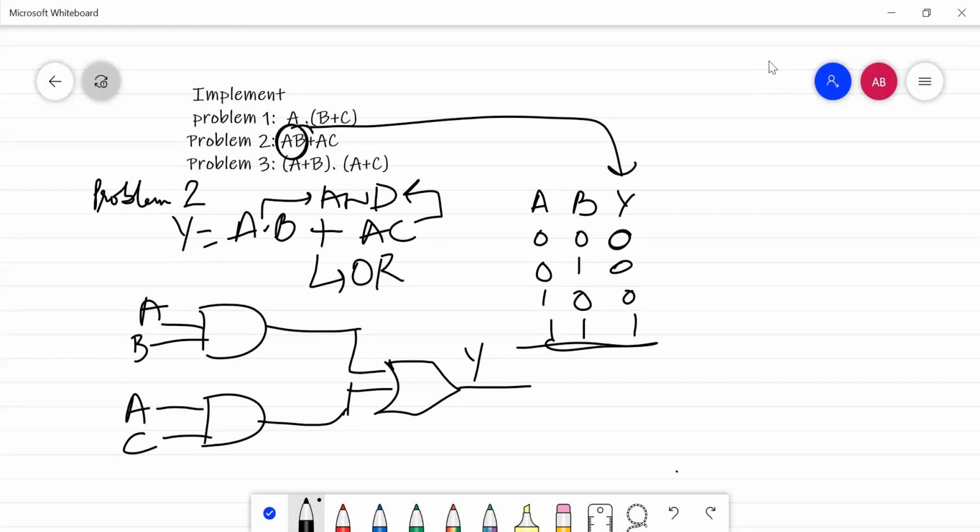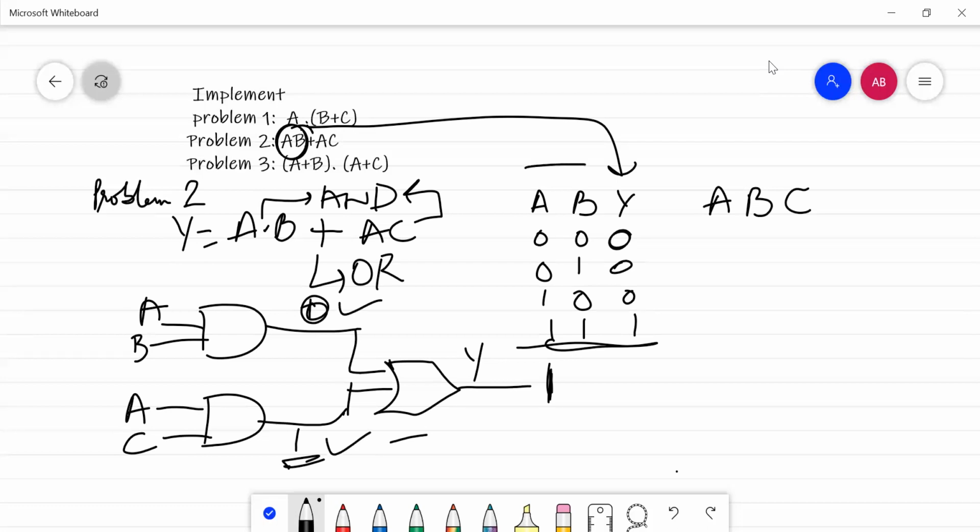So here I can use my A, B, C combinations, because now we have to see that if this is 1 and this is 1, only then the output here is coming out as high. Why? Because for all the rest of the combinations of A and B, my output is going to be low here. So I have to check what if the condition is 0 and 1 here. For 0 and 1, the OR gate again is going to give me 1. So we have to explore various possibilities of this combination.